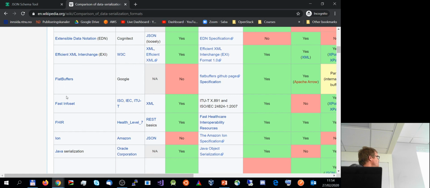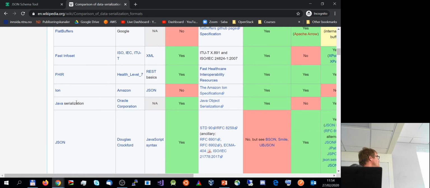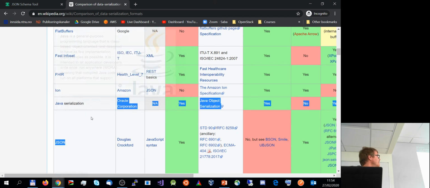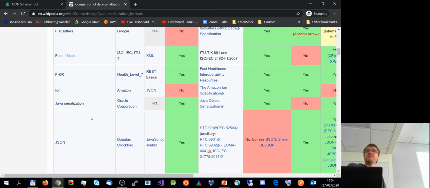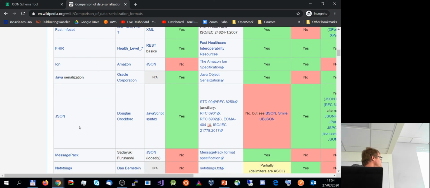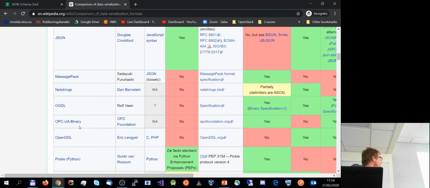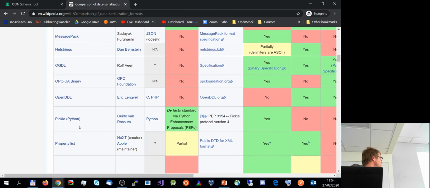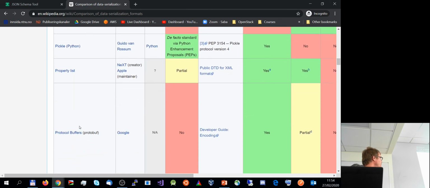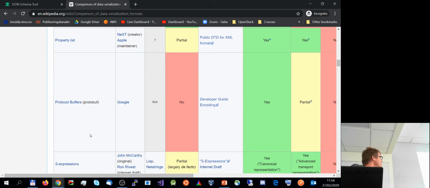XML again, FlatBuffers from Google as well. It's an alternative pathway. Doing Java serialization, that is proprietary, but native to Java. It works quite well as long as you interact based in Java, right? So you see the interoperability challenges that are involved there. JSON of course, and so on. So it's a mix of human readability and non-readability. Protobuf, big one. I think that's quite neat really to be aware of.